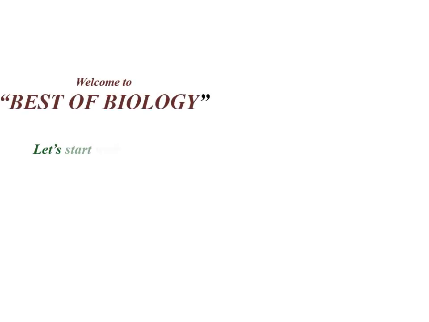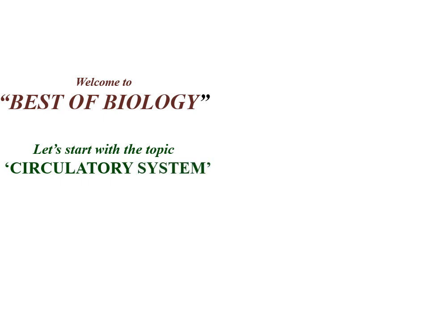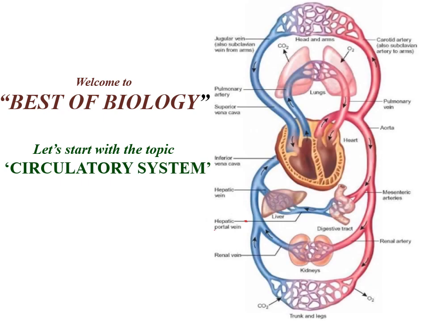Let's start with the topic circulatory system. Circulatory system is also called the cardiovascular system. Cardio means heart and vascular is used to indicate blood vessels. You might be thinking what is happening in this diagram. Let me tell you that by the end of this lecture on the circulatory system, you all will be able to explain